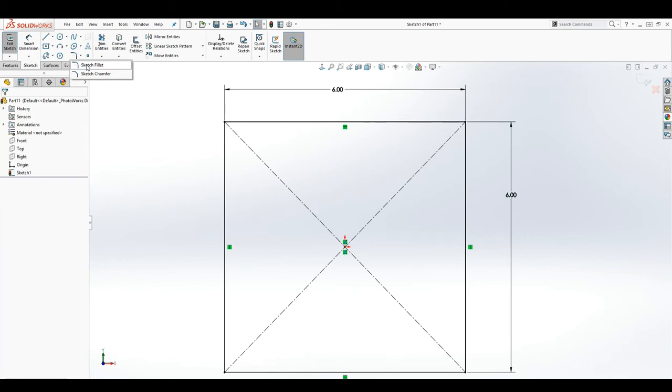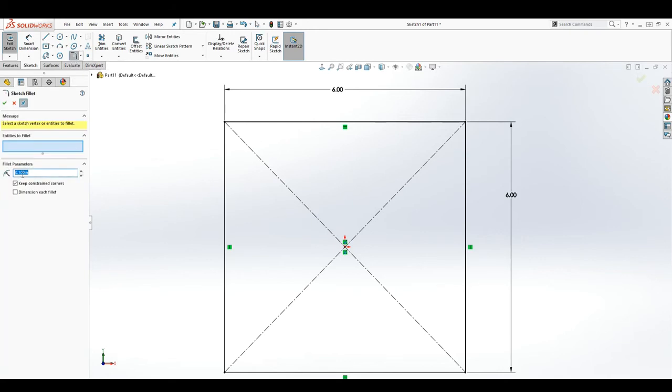Let's do the fillet first, and in this fillet let's make it 0.5. So that is pretty much, you input your fillet size, which is 0.5, and now to add the fillet you can, you know what, let's make it 1, so it's big enough so we can see it. So what you would do is, to add a fillet between these two lines, you can click on this line and you click on this line and you press OK,